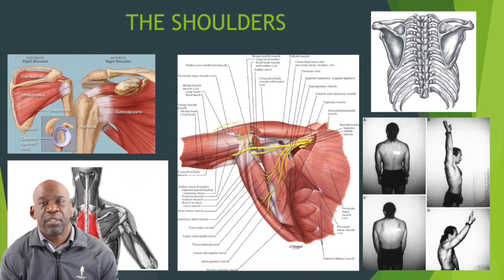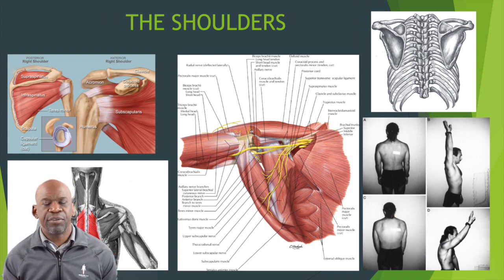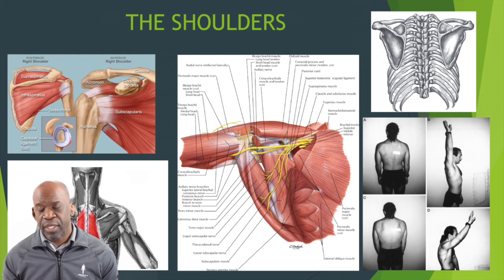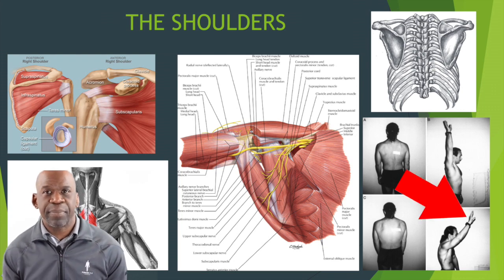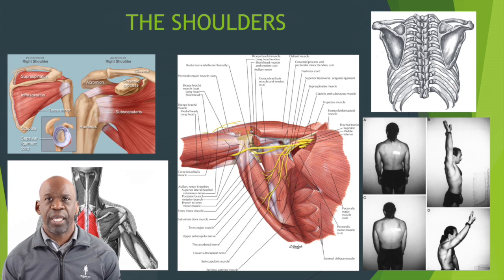So when we look at panel D, we have someone who had a potential diagnosis of frozen shoulder, which is a painful loss of movement of the shoulder. And when that person tried to raise his arm, when the scapula was in a protracted position, we see that he was unable to get his arm entirely overhead, and his range of motion was limited.